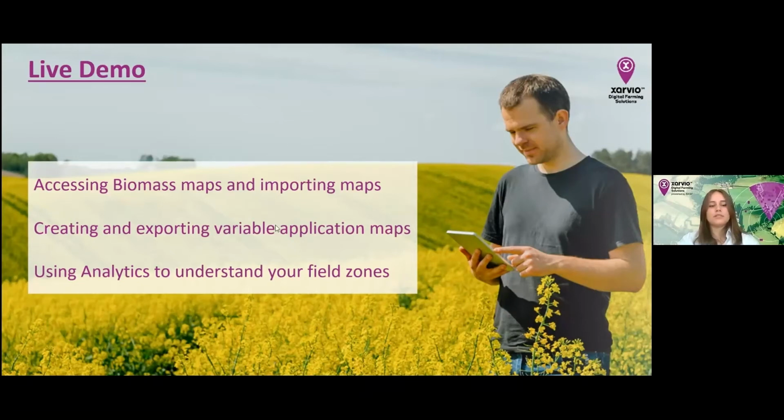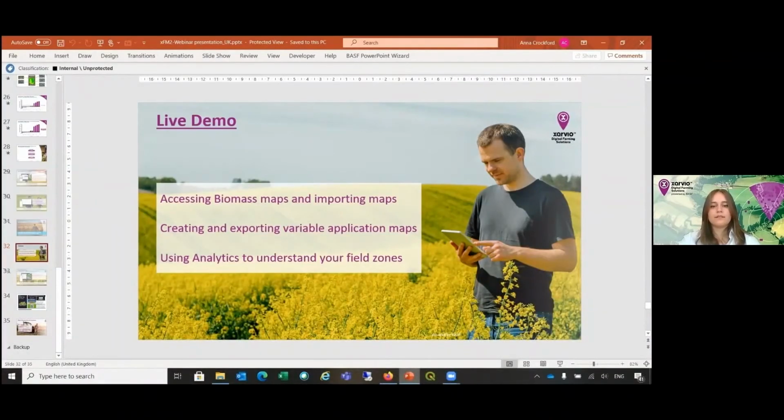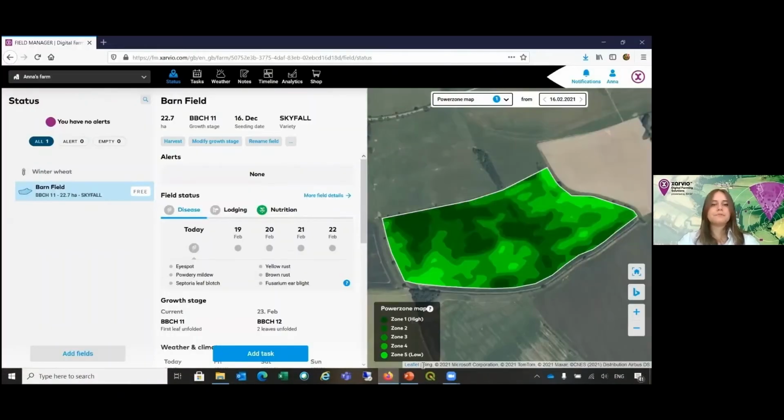Okay, let me start sharing my xarvio account. This is just an example of my xarvio account. I've got a field here, and I'm ready to create an application map. Let's imagine that this field is now at stage 39, ready for its T2 application. So I click Add Task,